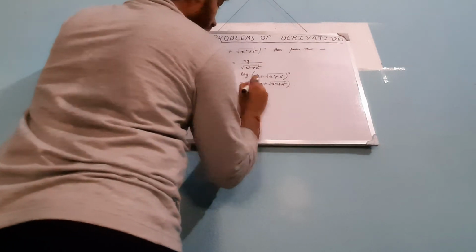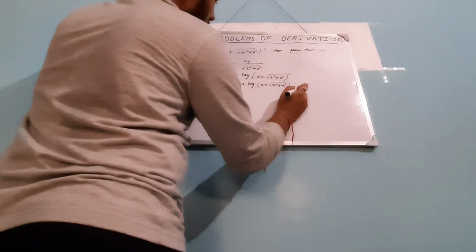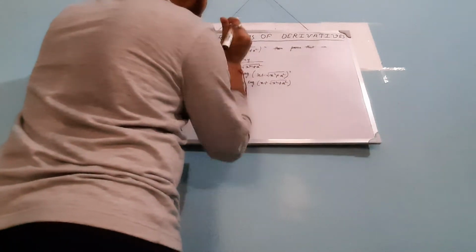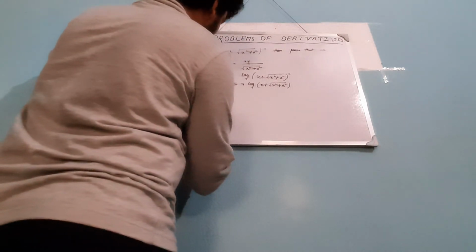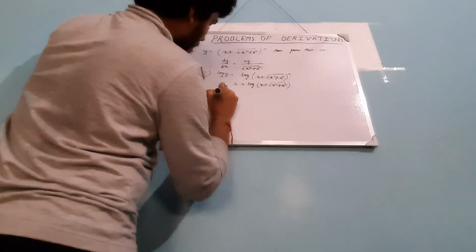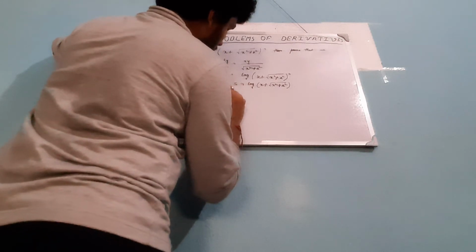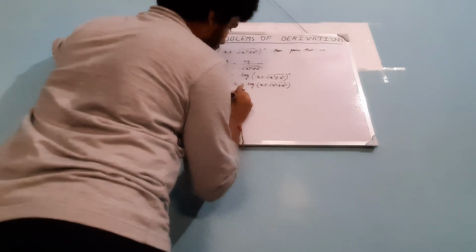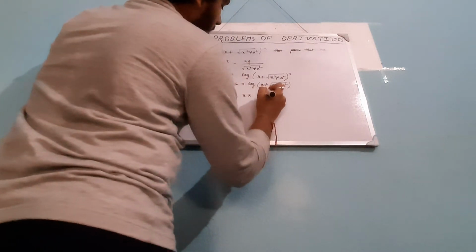So log y, differentiating both sides with respect to x. I do not have to tell you again and again. So log y means 1 by y into dy by dx. And n into 1 by